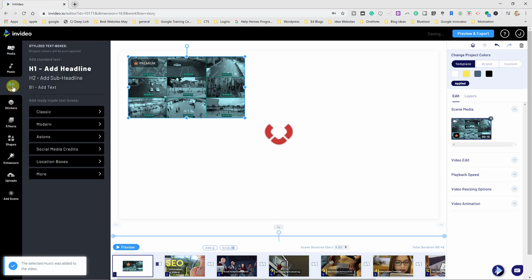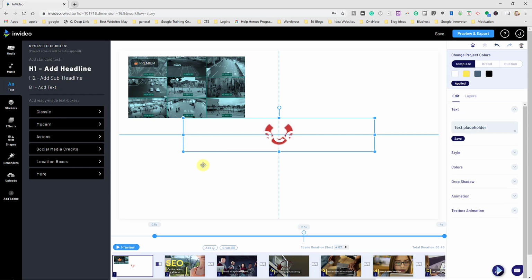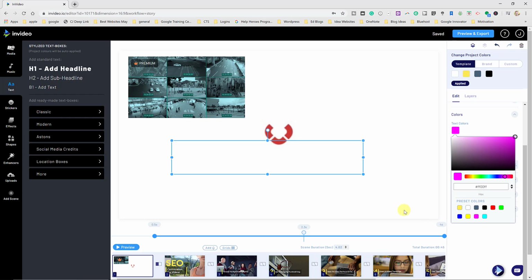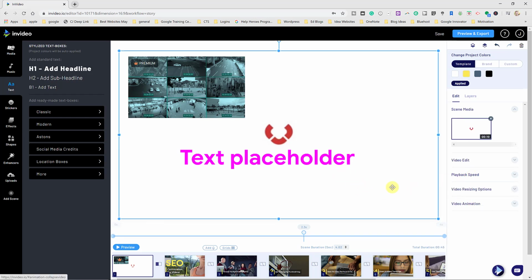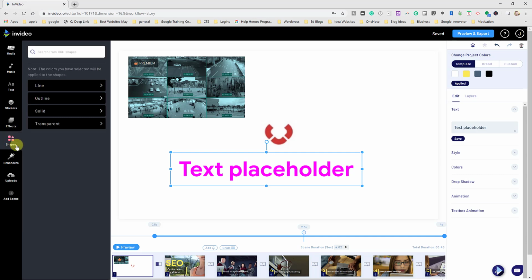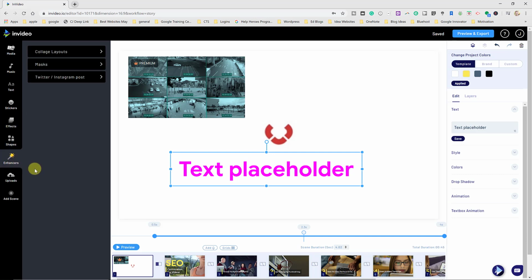Again, going through, we have our text options. We can click quickly. This works just like all those graphic editors that I was mentioning. If you want to add different styles to it, you can just quickly add, and then you can go through and change your colors just by picking. We'll pick a nice pink color here, and I can go through and add even more effects to this. But what I like is all the scenes are set up for you, and you just go through. But again, all these other ones through the effects that you can add, shapes, enhancers, everything is just drag